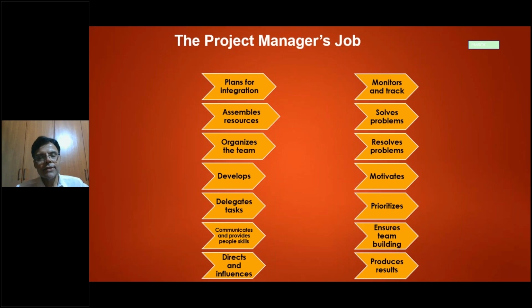Second side, strategic and business management, with a 33% weightage for this as well. And the third side, leadership. Unless you have these three in one combination, gone are the days when you always talked about the iron triangle of cost, schedule, and scope. Gone were the days. We are in a talent triangle today,